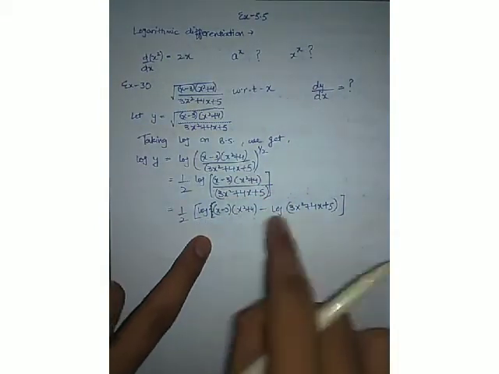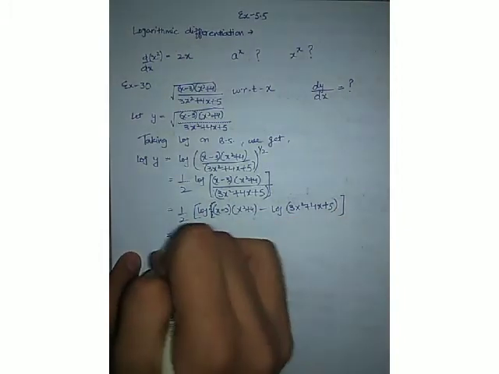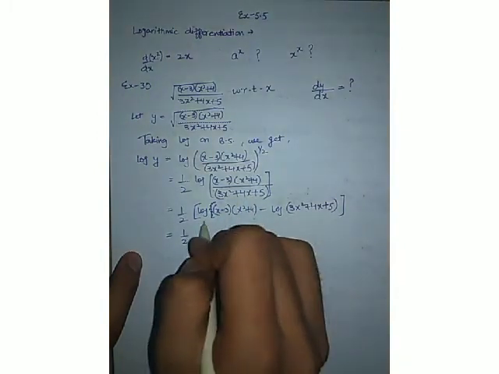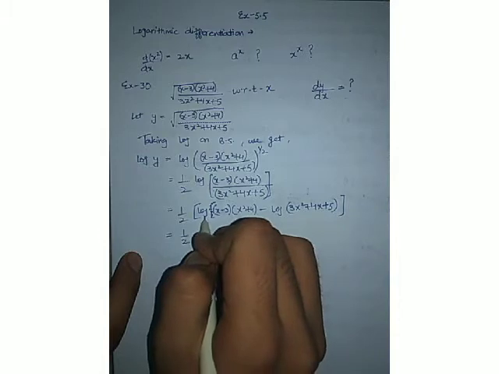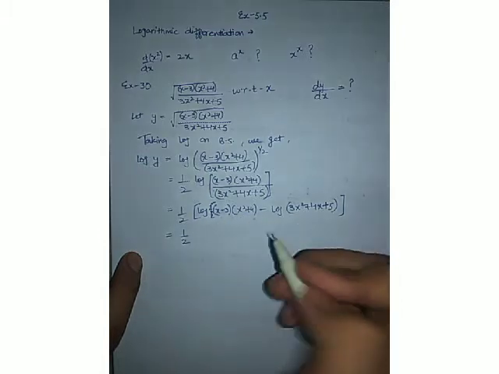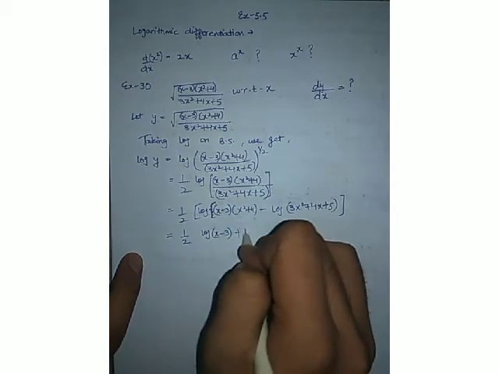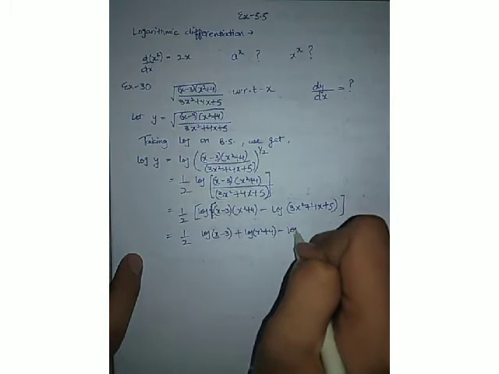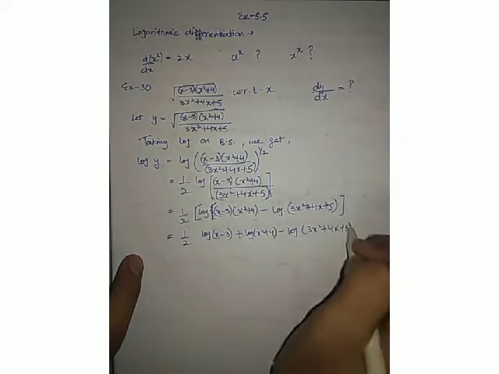That is log m minus log n. The whole function is m and this whole function is n. Clear? Now it's still a bit complicated, as you can see that these are two brackets which are getting multiplied. So we can apply the identity log of m multiplied by n is equal to log m plus log n. So it will split again into log m plus log n, and log of 3x square plus 4x plus 5 will remain as such.